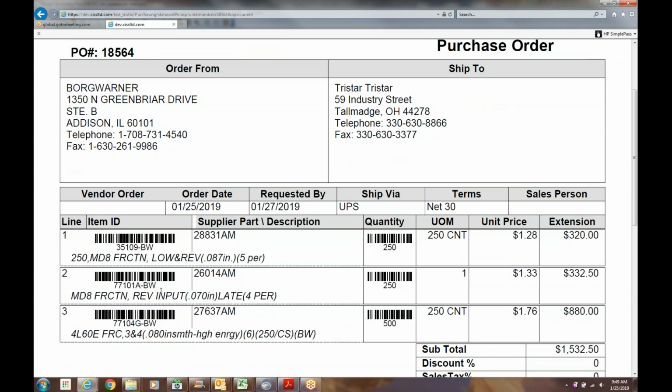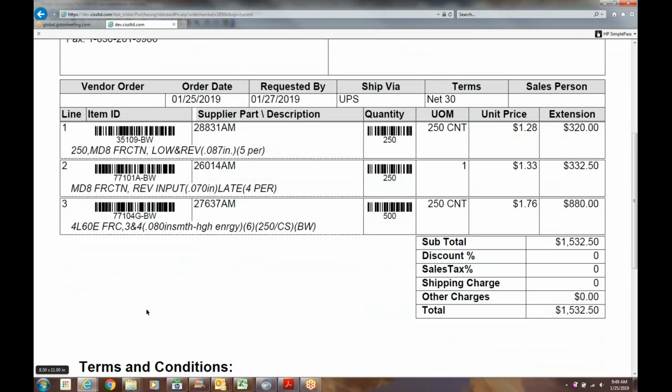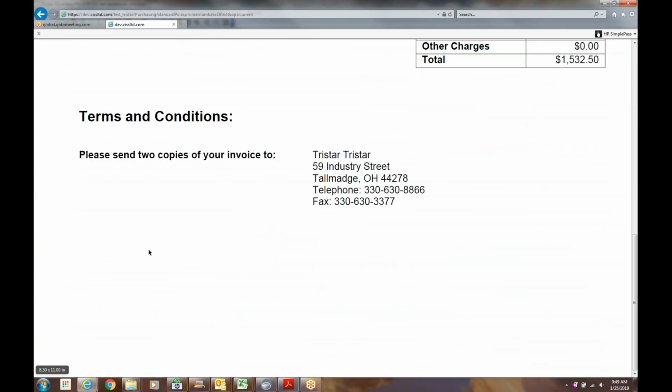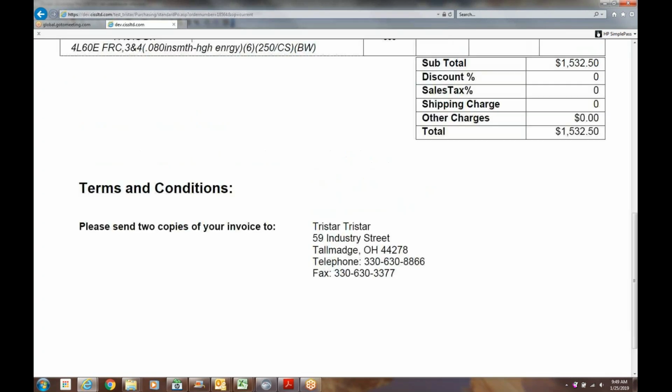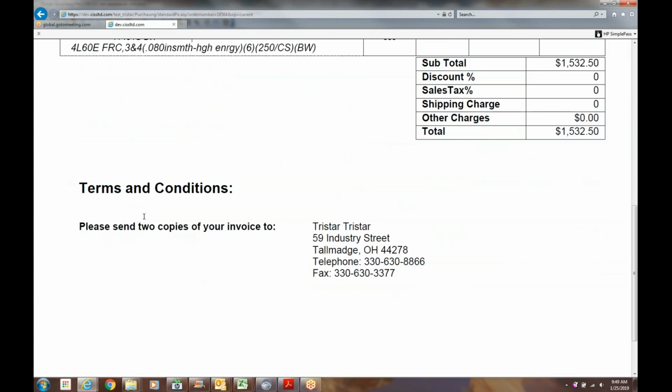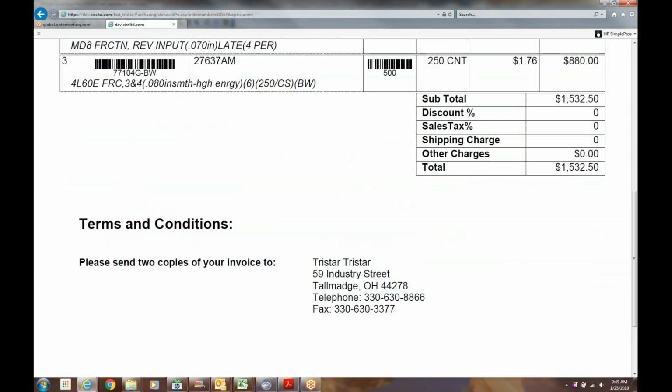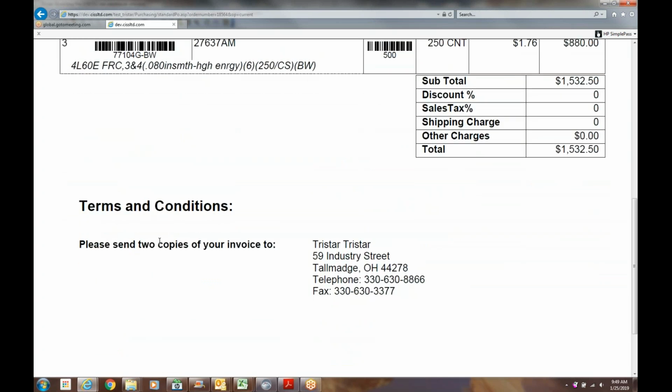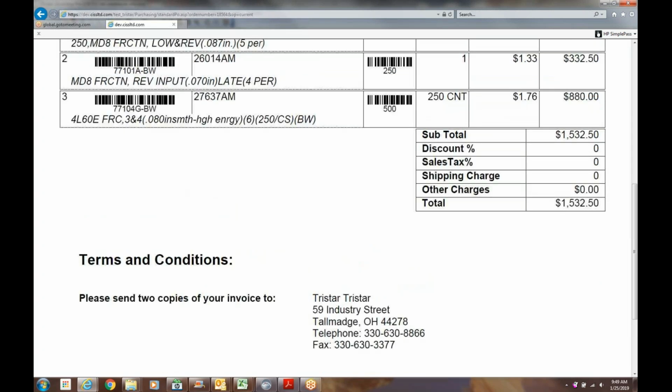It gives you the barcode and everything on it. Yeah, they should be similar, Scott. But if there's a tweak, we can make a tweak for you. Well, send one copy. And then we could probably put an email on that also. Sure, we'll probably tweak it to mail. We could say mail one copy and then email one copy, and I'll give you my email address or